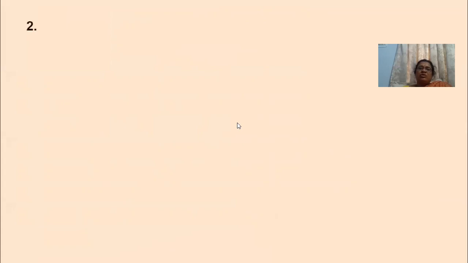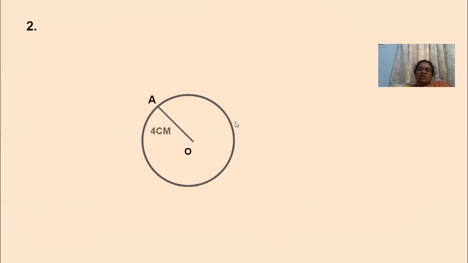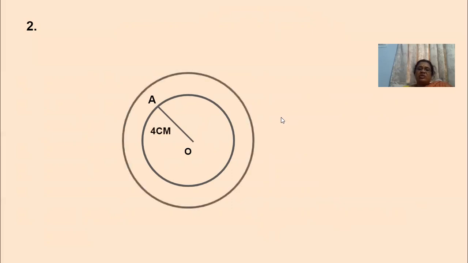And now we'll move on to the second construction. That is nothing about the concentric circles. For these two circles, it is given that there are two radii, 4 centimeters and 6 centimeters. We have to draw two circles. Concentric means the center will be same. Like we have drawn the circle, 4 centimeters circle. This is 4 centimeters circle, and we'll draw one more circle that is 6 centimeters. So for these two circles, the center will be same, O. And now we have to draw the pair of tangents for these circles.